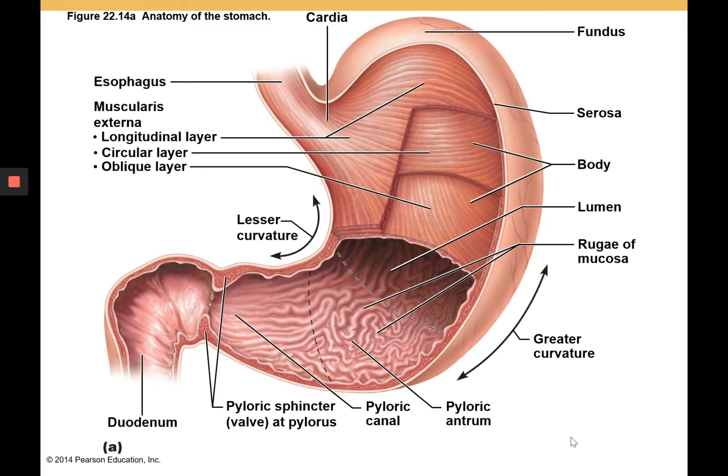What we can see best here, though, is the pyloric part of the stomach. We can see that the inferior portion of the stomach starts to narrow as it gets closer and closer to the duodenum, or the first part of the small intestine. The pyloric antrum is close to the body, narrowed further into the pyloric canal, and the pylorus is located around